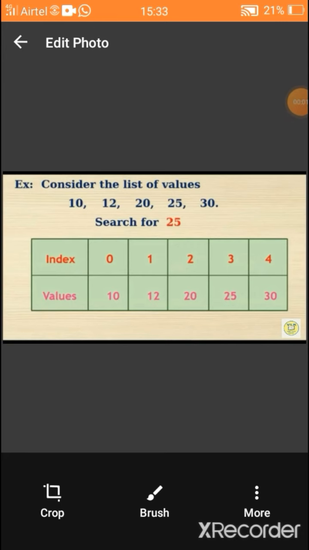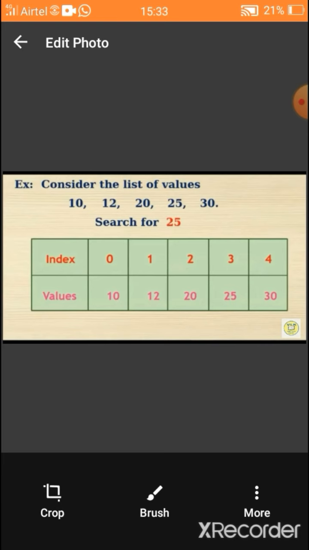Now look at the example for linear search. The values of the list are given below: 10, 12, 20, 25, 30. So these 5 values are stored in a list. A list resembles an array. Do you all remember the array?